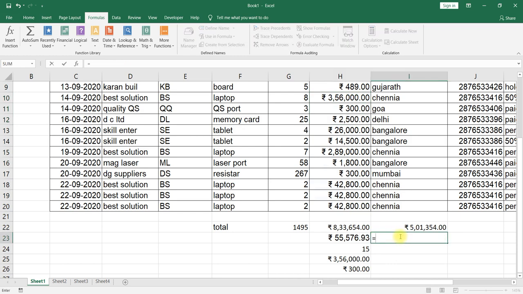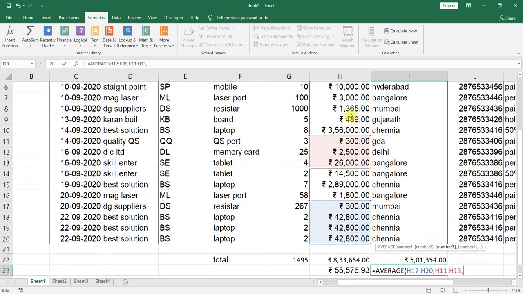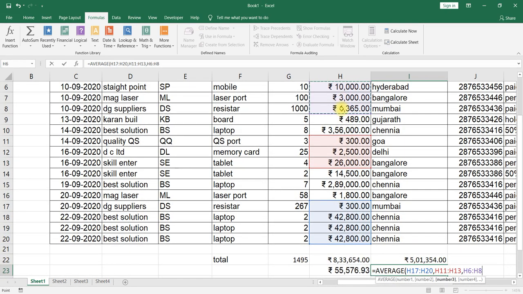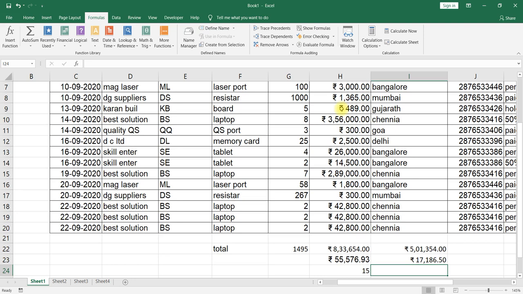To avoid that, we have to select the first data, comma, then select another part of the data. Like this you can select multiple parts of the data, comma, again you can select partial data. Once you have selected everything, close the bracket, enter. Like this we can use the formula, either for multiple sets or for a single selection.